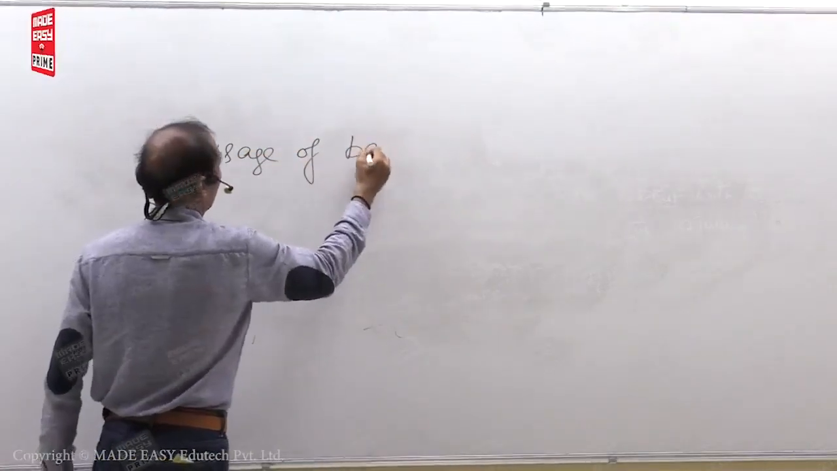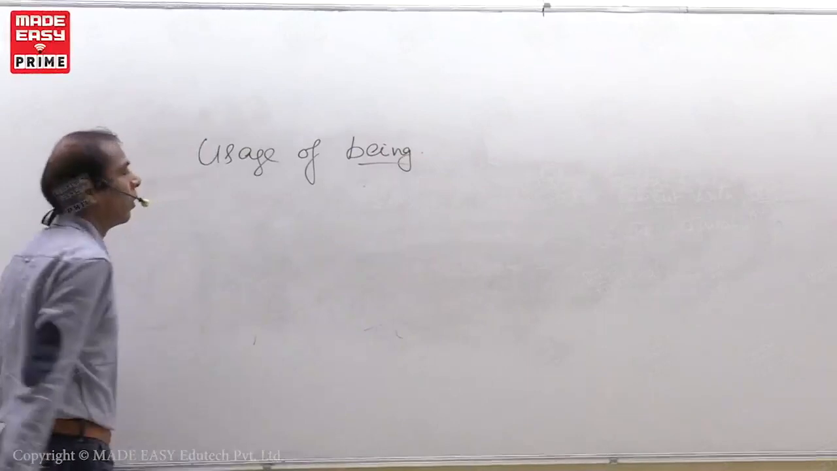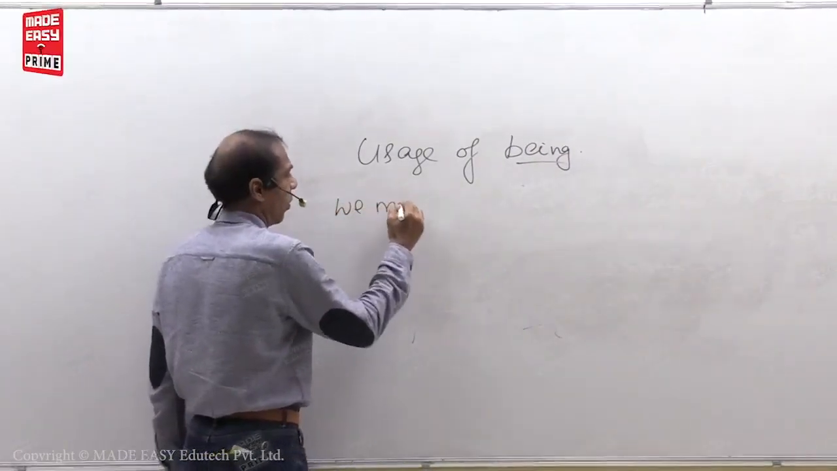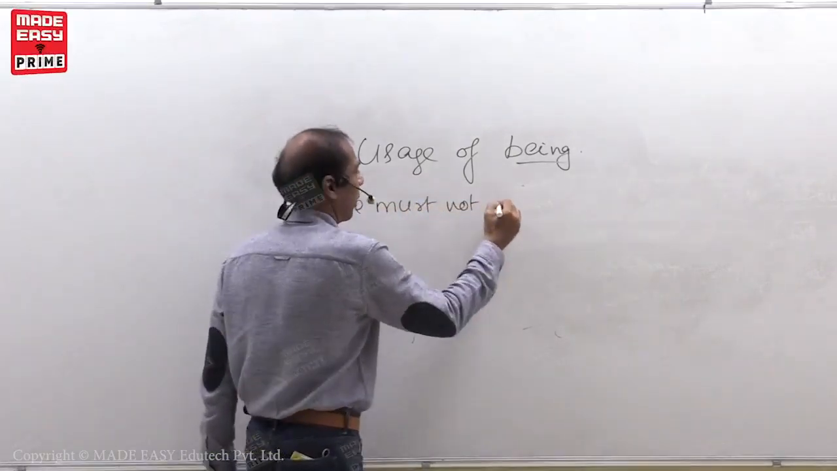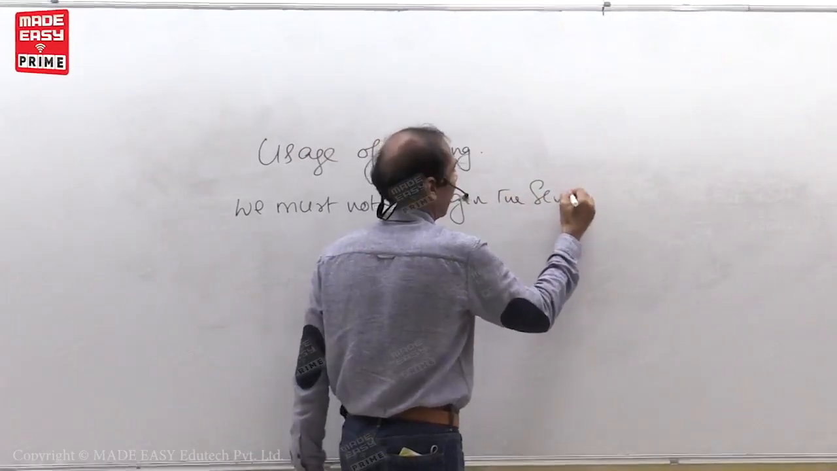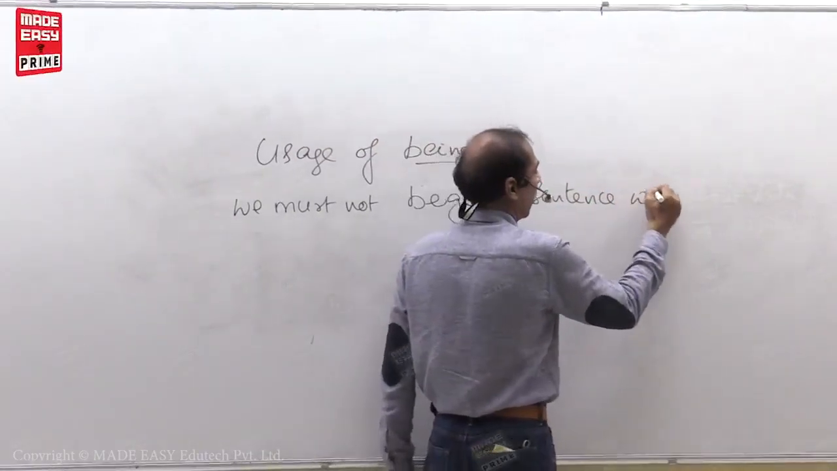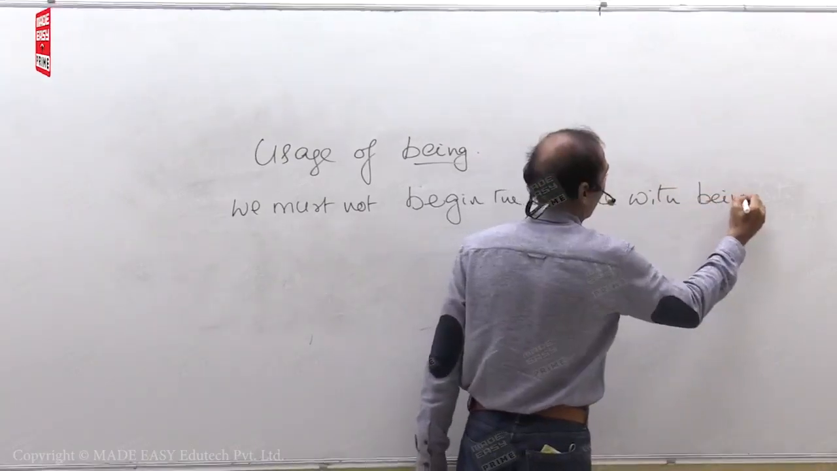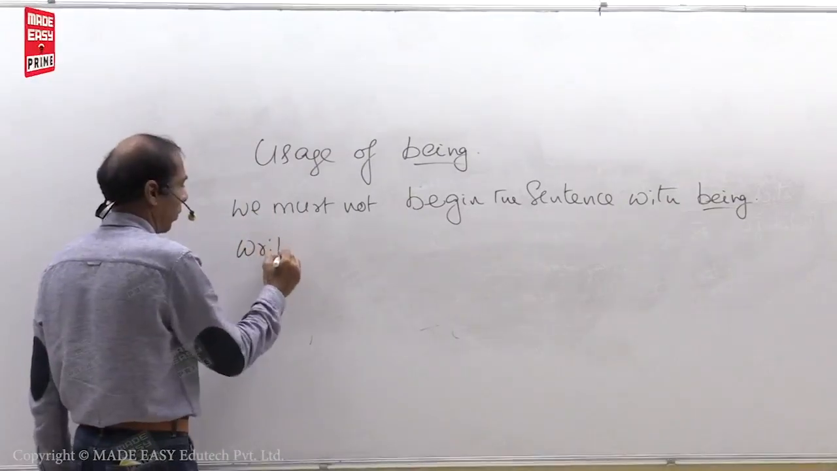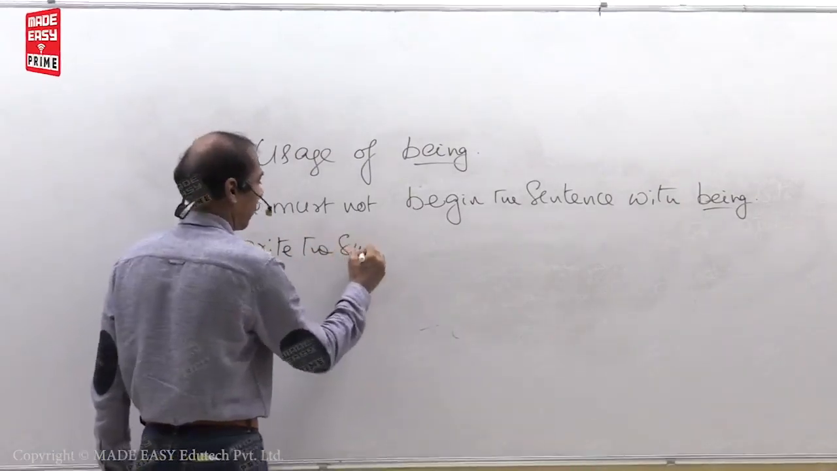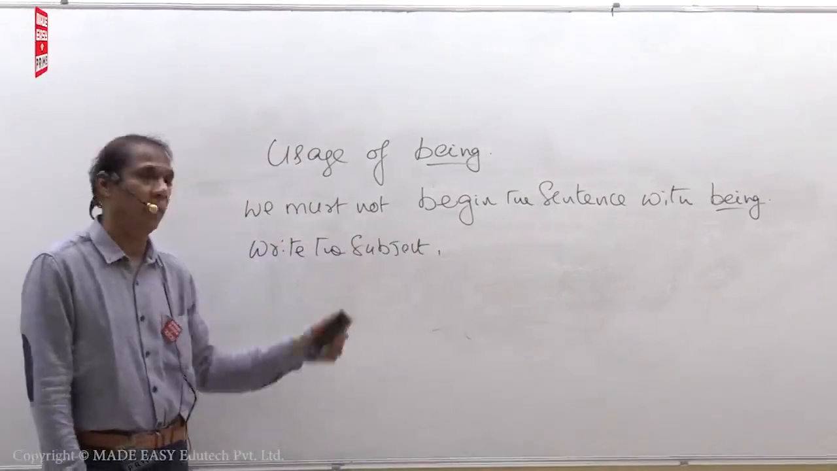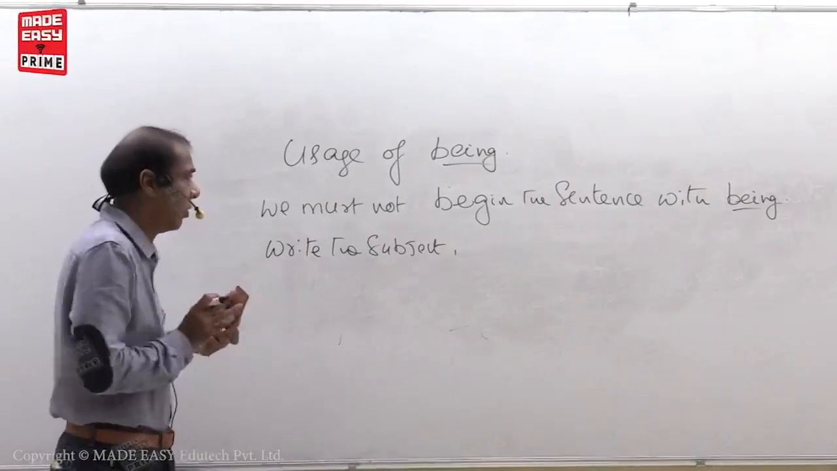Usage of being. Usage of being. See, we must not begin the sentence with being. Write the subject. Never begin the sentence with being. We have to write some subject. It means, see,